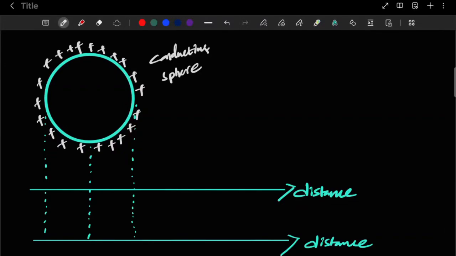So in this video, we will see the electric field and the potential due to the conducting sphere. Here I have taken one conducting sphere, having some charge on the surface of the conductor. There is no charge possible inside the conductor, already we know, and the electric field inside the conductor is